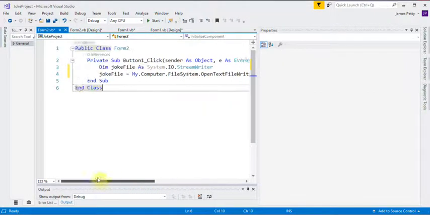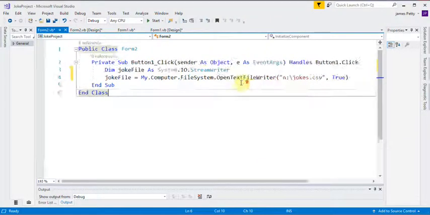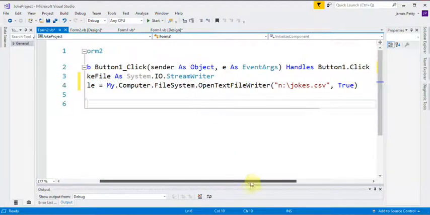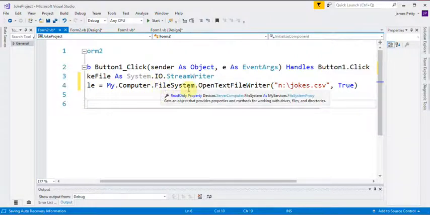Okay. Right, what we've now done, I'll explain this. First part, joke file. This is this new kind of system input output StreamWriter. The rest of it's actually quite easy. My refers to the form 2 that's where it's running. I am running on a computer and I want to get at that computer's file system.